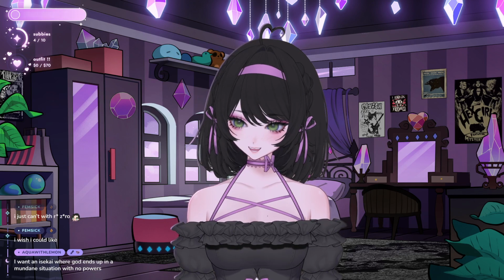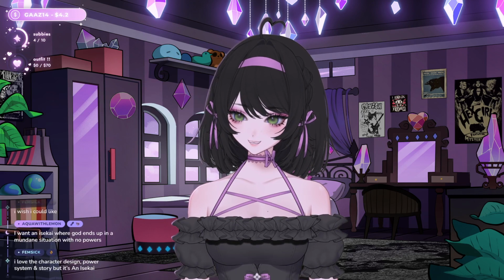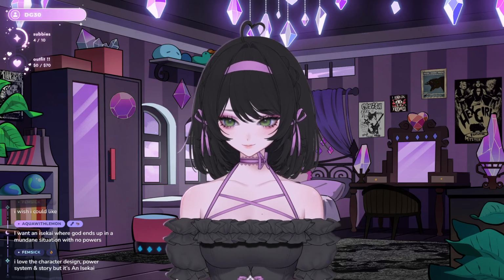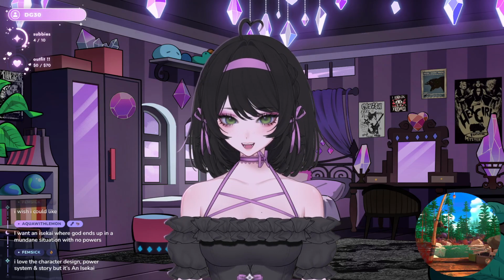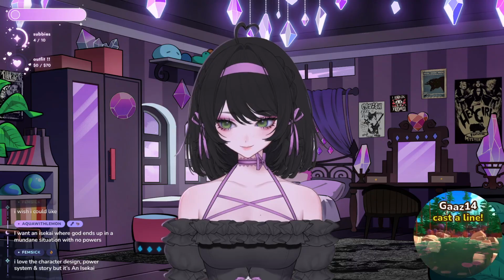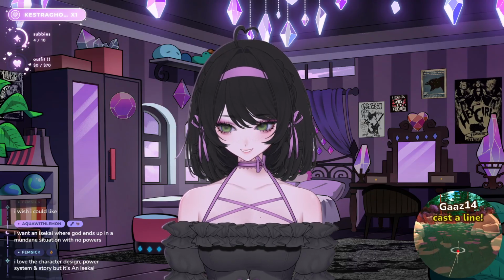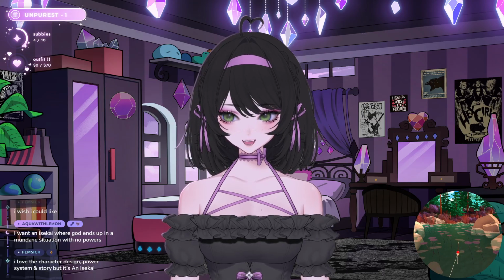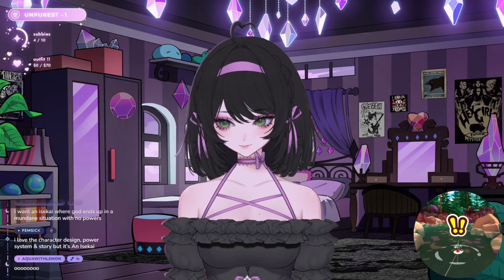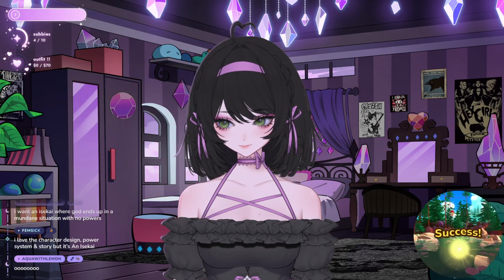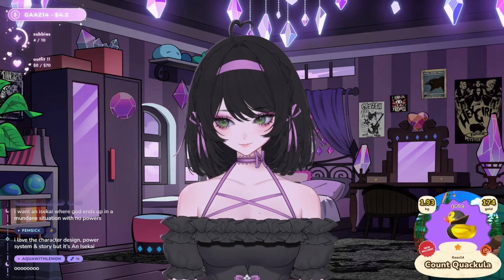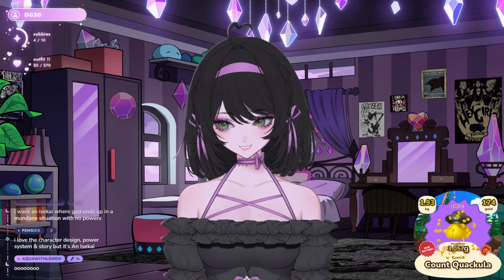You want an isekai where God ends up in a mundane situation with no powers? Watch The Devil is a Part-Timer. It's a comedy, and also it's not God, it's the devil. It's really cool.